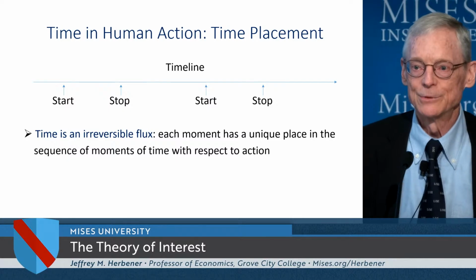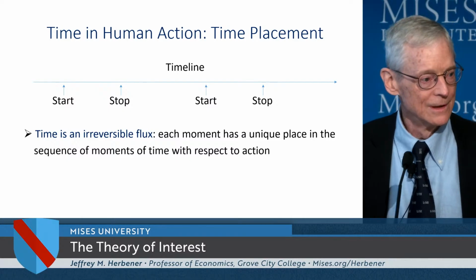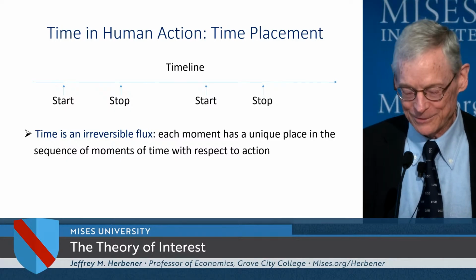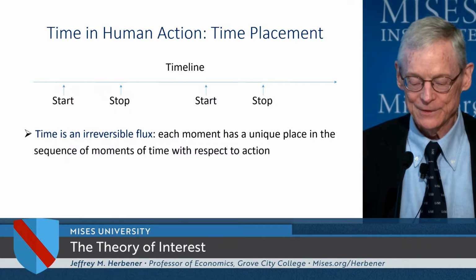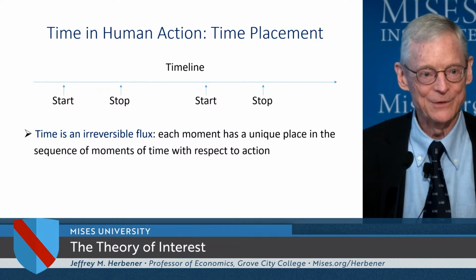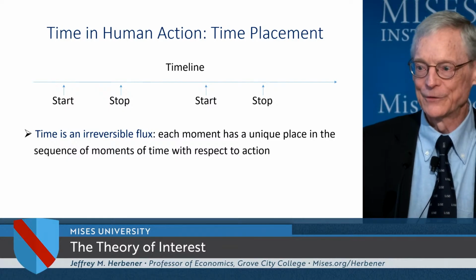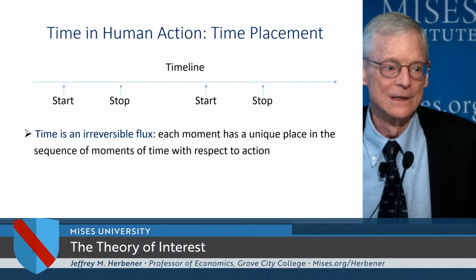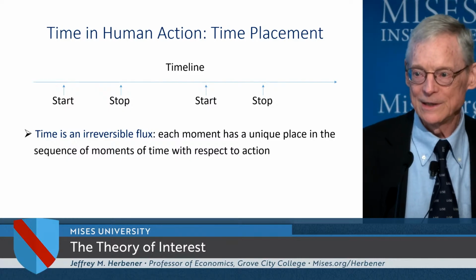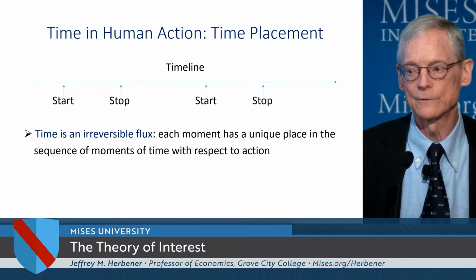And as Mises points out, and I recommend to you all to read very carefully, maybe even over and over again, Human Action. It's quite a remarkable book, with felicitous phrases that he uses. And one of the great ones in the section on time is that time is an irreversible flux. And what he means by that is time is not just like an hour that's homogeneous with every other hour, or a day that's homogeneous with every other day. Quite the contrary. Every hour that passes through the day and every day that passes through the week and so on and so forth presents different circumstances for acting, at least in principle.